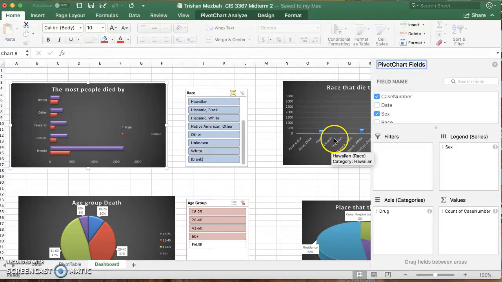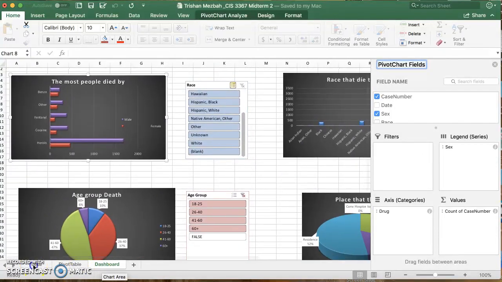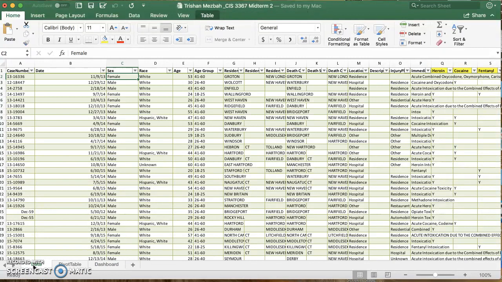So let's say you want to learn how to do any of this, right? First things first, you want to go to the data, and I wanted to make this easy, as you can see. So you see the case numbers that they died from, the date, the sex, the race, the age. I also had to make a new file.